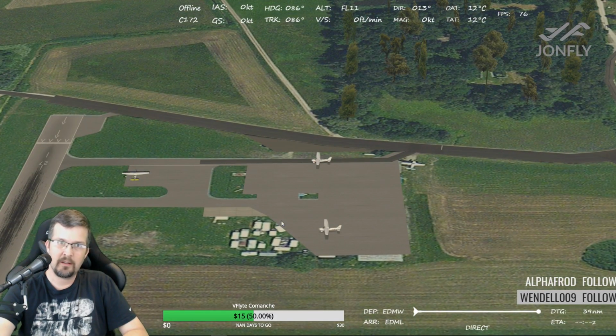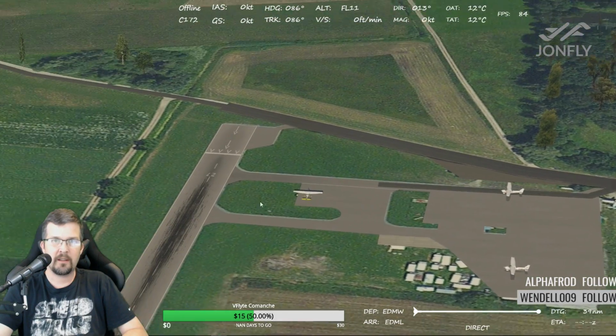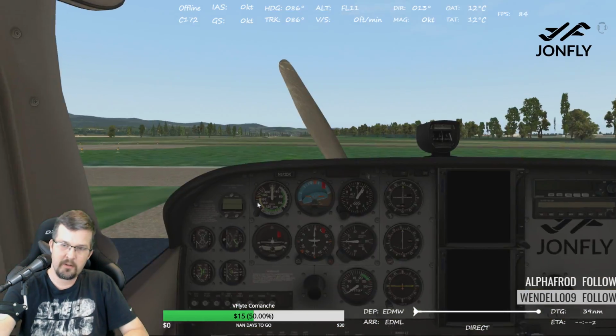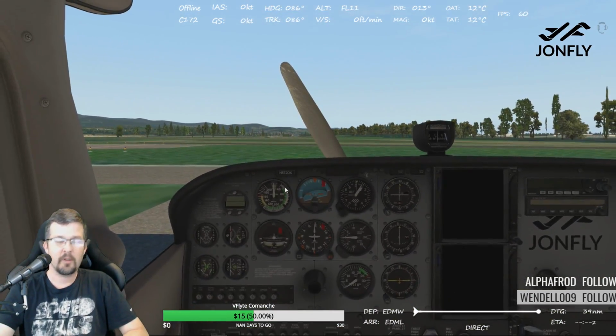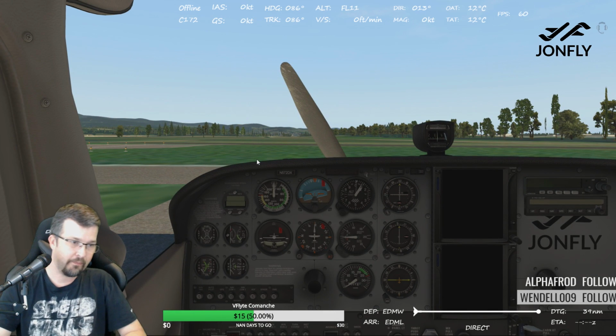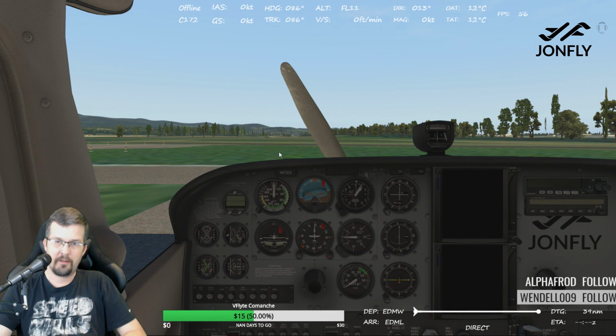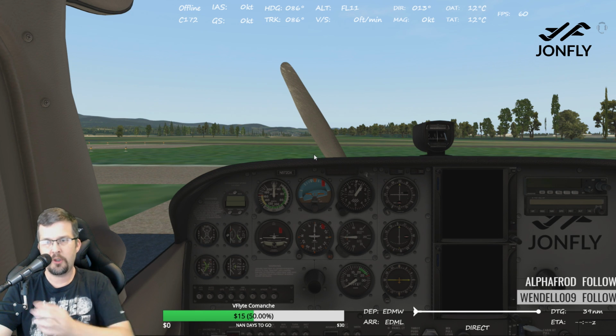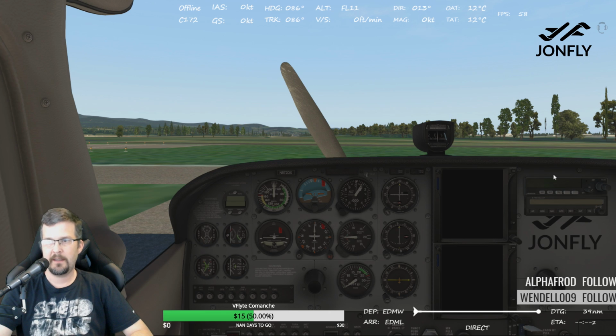In a little Cessna. I'm gonna take off runway 27, and yeah, we're here in the default 172. I don't know if you would have guessed. Maybe some of you would have guessed that we were running dual GTN750s in the default Cessna. There is one little problem. I don't know if you guys can spot it right off the bat, but there is one little problem that